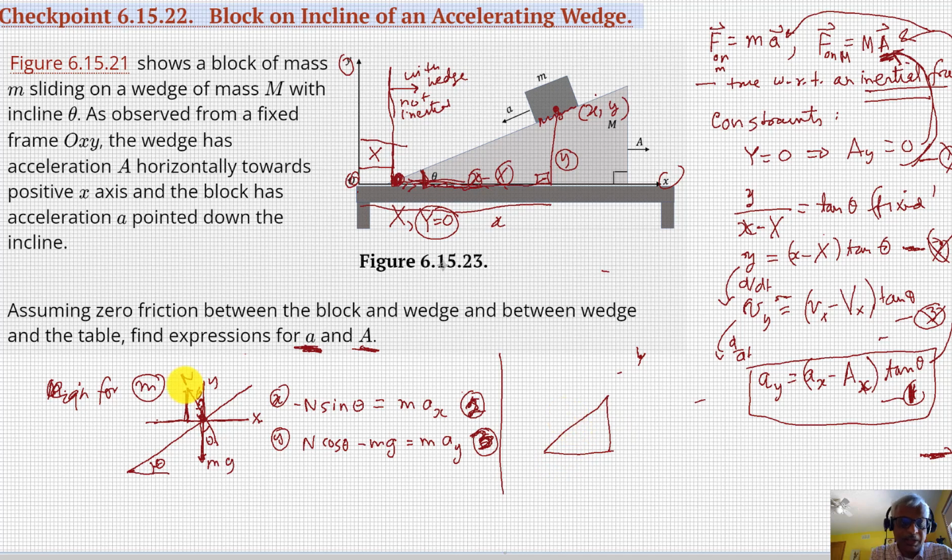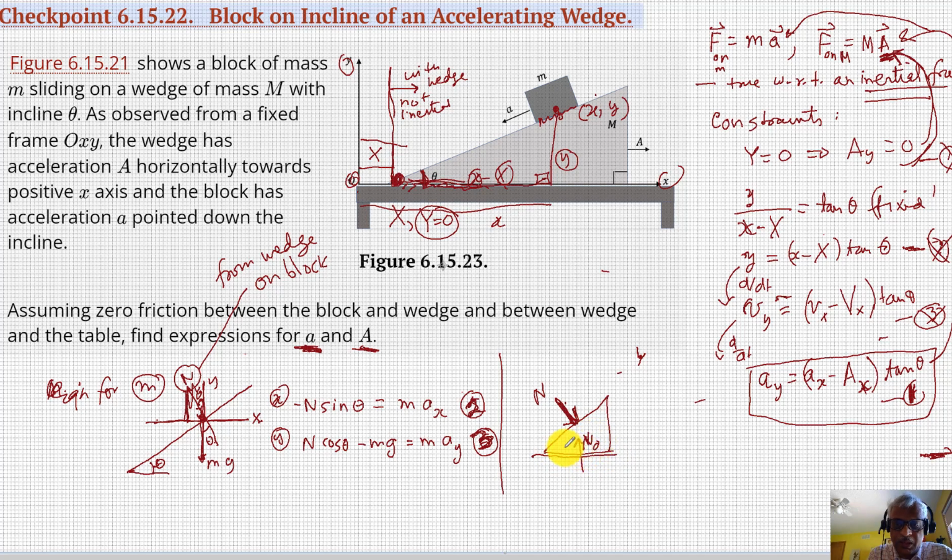Well, this normal is from the wedge. This was from the wedge on the block. So, third law. By the third law, we should be able to say that there will be a force exactly in the opposite direction on the wedge of the same magnitude. And then from the table you have another normal, let's call it n0,